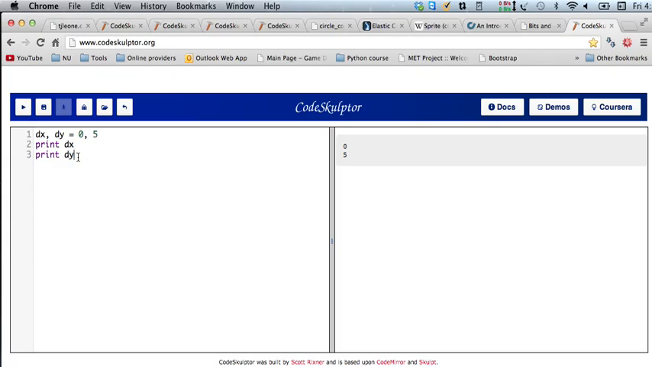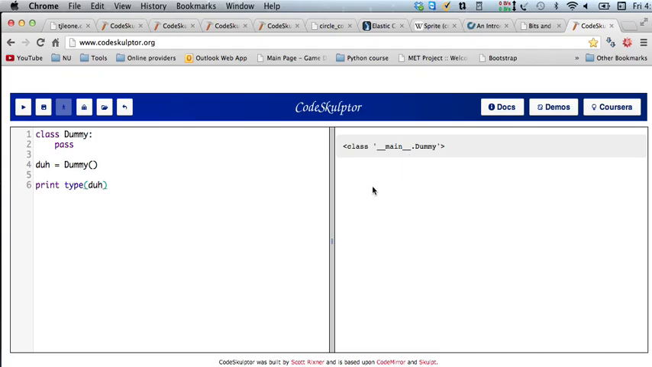Let's see. Let's experiment. If I say class dummy, pass, and I just say duh equals dummy, and print type duh. What does this say? It says it's a class __main__.dummy. So what if I say if duh is, if